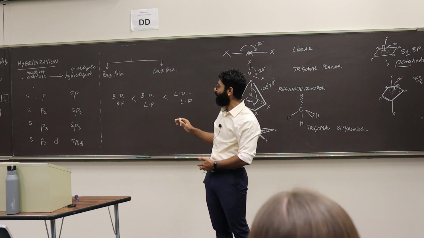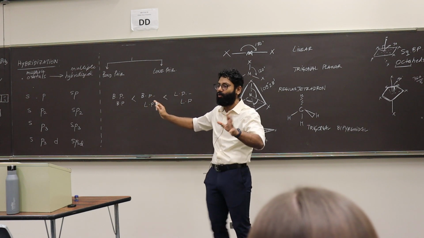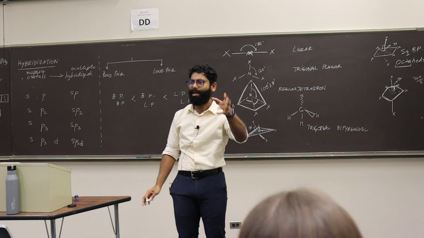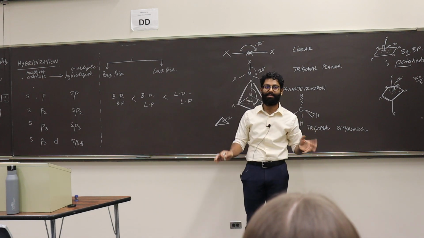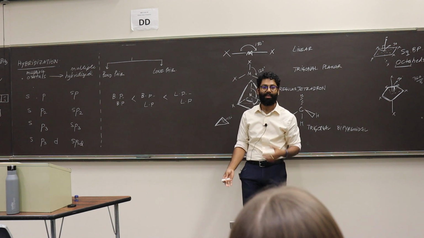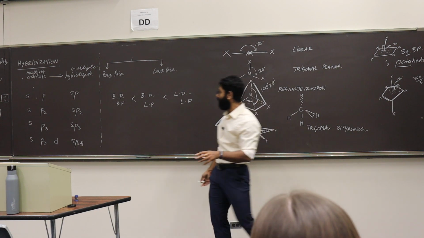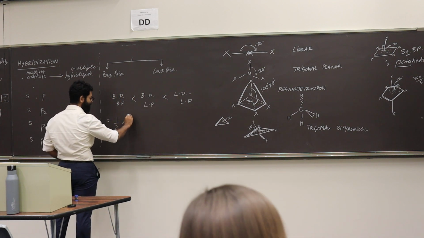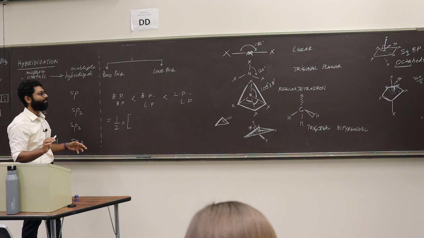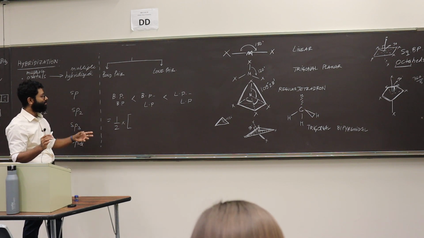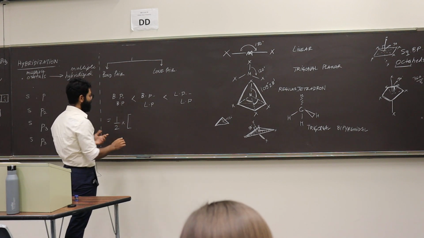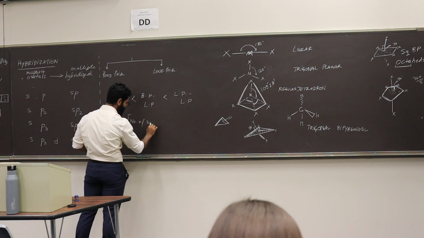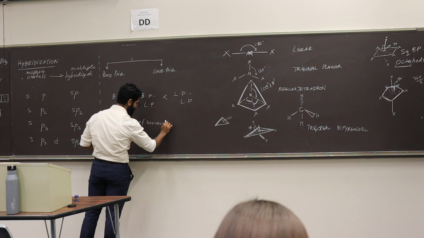But now, how do you find out which is sp? Anything that has an sp3 hybridization, if you can find out, you can say its shape will be tetrahedral. It's as simple as that. But how do you find out the hybridization? There is a formula, and let me see if I can come up with the formula correctly. This is what I do. I take the central atom and I count the number of surrounding atoms.